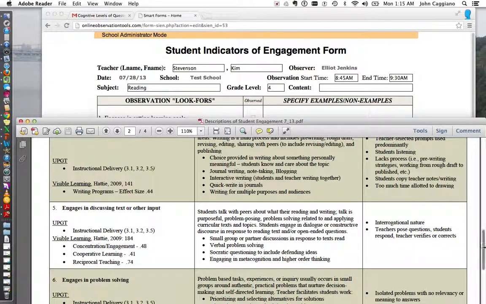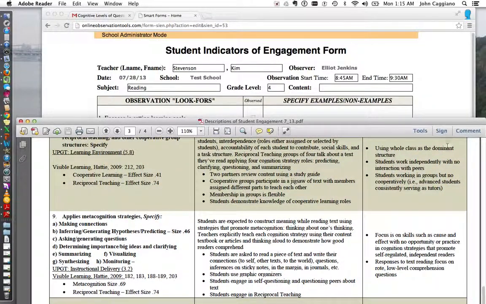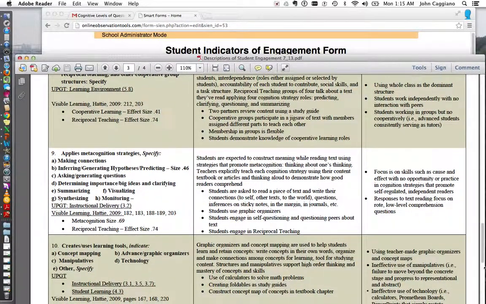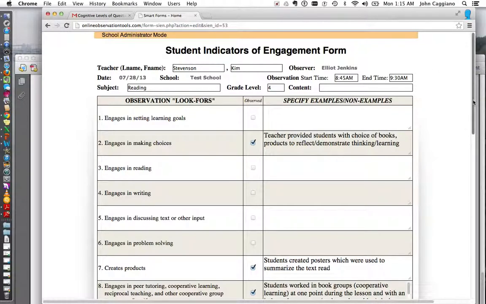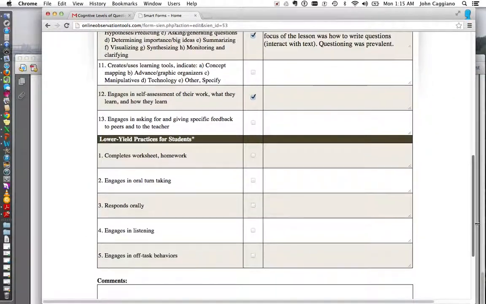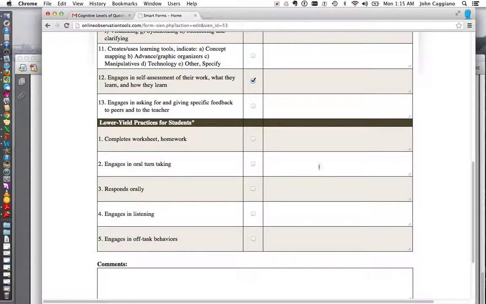Now if I scroll down to the bottom of this particular resource, you'll also see some information regarding what's at the bottom of the form. Let me go back to the form for a moment. So at the bottom of the form, these are some things in education that are lower yield practices for students. And it's not to say that homework is not effective, but